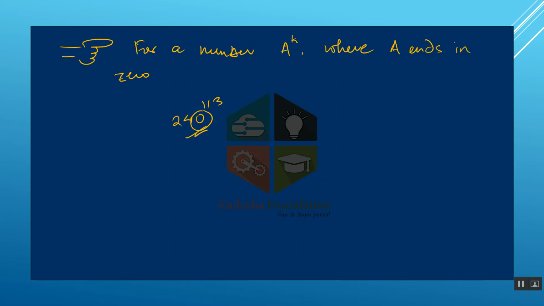For a number a raised to the power k where a ends in 0 and k is a natural number, we are not writing this sentence every time. It is already understood that we are discussing natural number powers. So for a number a raised to the power k where a ends in 0,